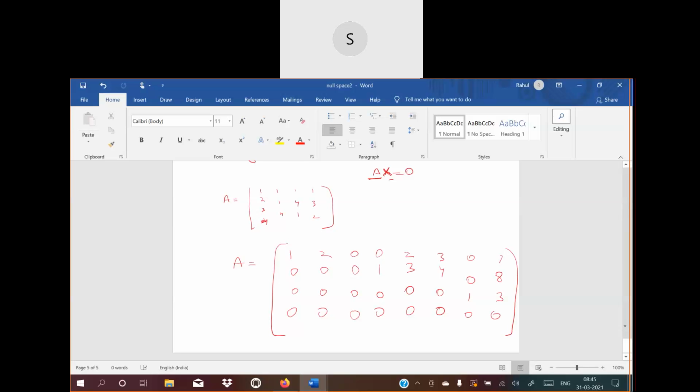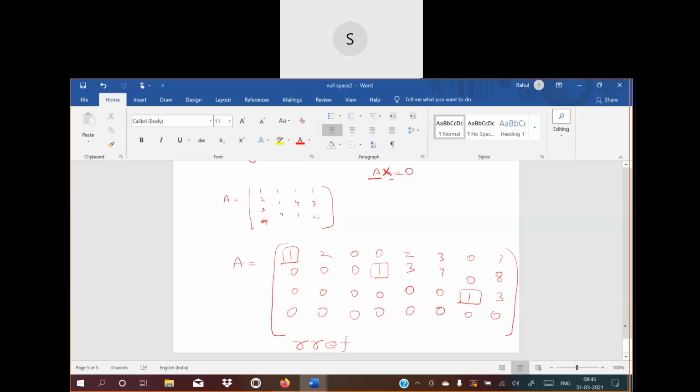Reduced row echelon. Yeah. So I have a reduced row echelon form, I have already done it. Now what are the pivots here? First column, fourth column, and second last column. 0, 0, 1, 0. So I have one pivot here, one pivot here, and one more pivot here. So this is already in the row reduced echelon form.